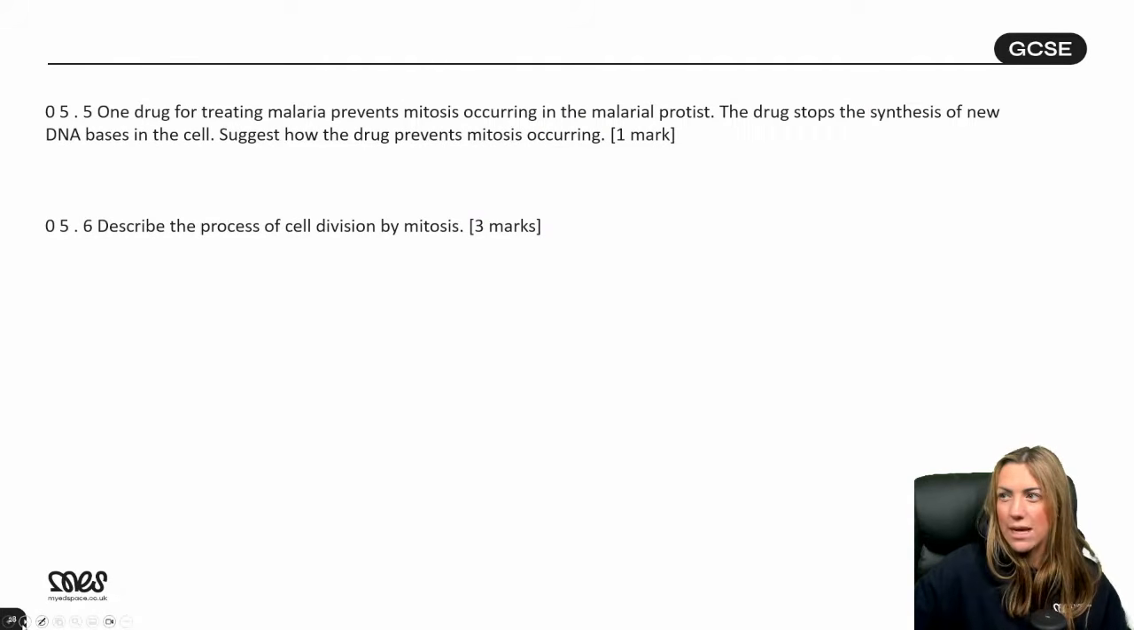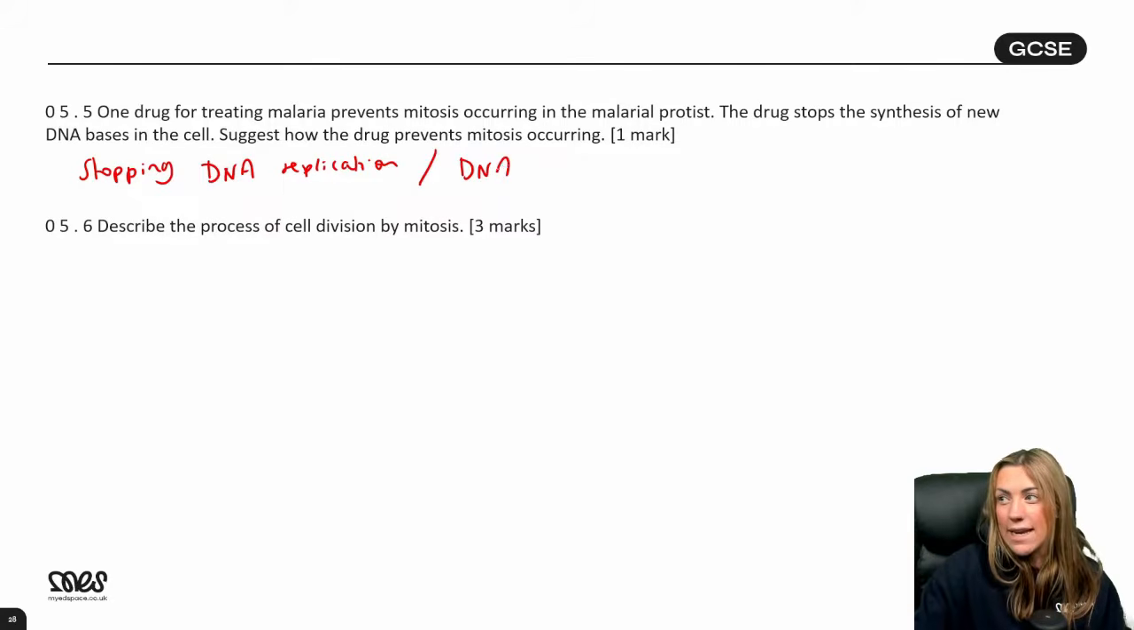One drug for testing malaria prevents mitosis occurring in the malarial protist. The drug stops the synthesis of new DNA bases in the cell. Suggest how the drug prevents mitosis occurring. Well, if we can't make DNA bases, we can't make any new DNA. So what's basically happening here is the drug is stopping DNA replication, or DNA replication cannot occur